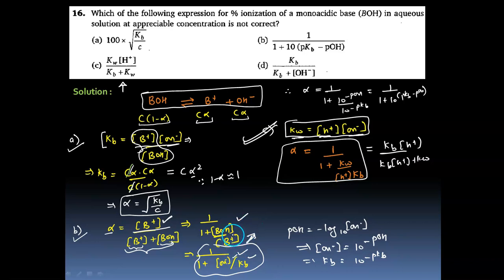Of course, we can see that B and D are not given as percentages, but if this is a single-answer-correct question, then we have to mark it as C, because that is an incorrect expression. This is the correct expression, and what we are given is incorrect. And if more than one answer were correct, because B and D are not given in terms of percentages, which means multiplication by 100 is not there, in that case it would have been B, C and D.